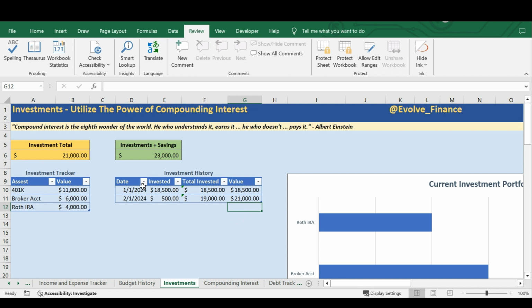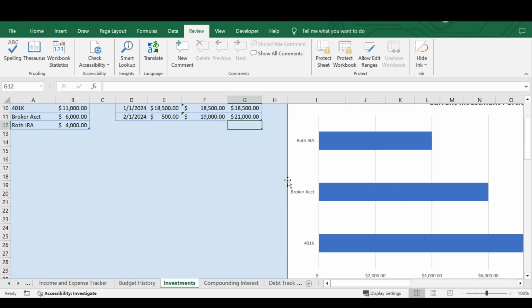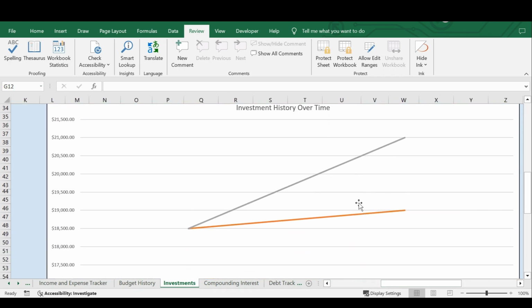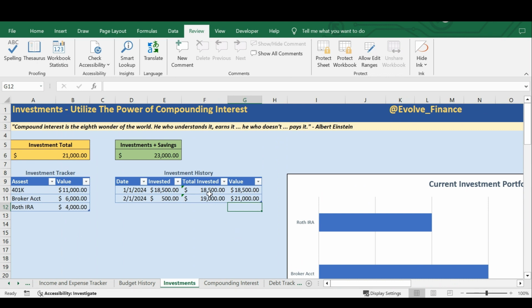What's neat about this table is you now get a view of how much I've invested versus the total value of my accounts. And if you come down to this chart here, you can see the delta, or the difference, or the return of how much you've invested versus the total value of your investments, which will lead us right into talking about